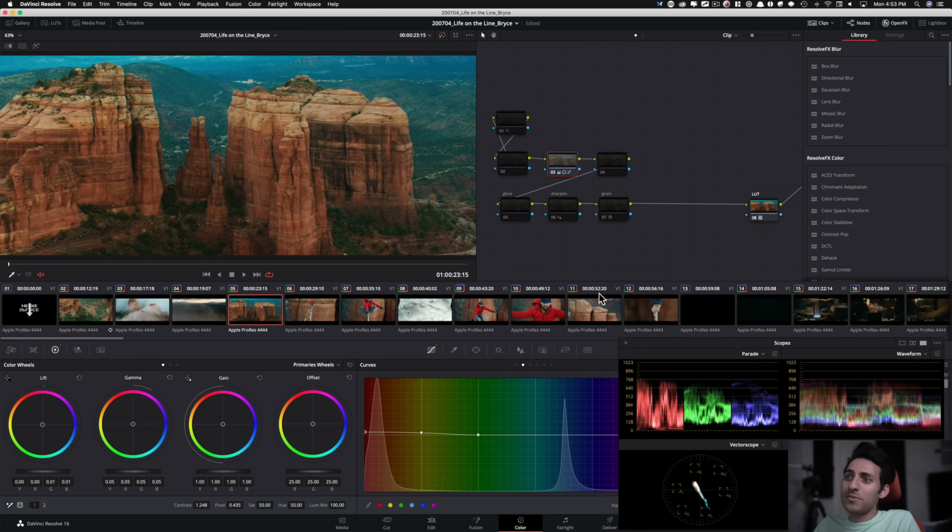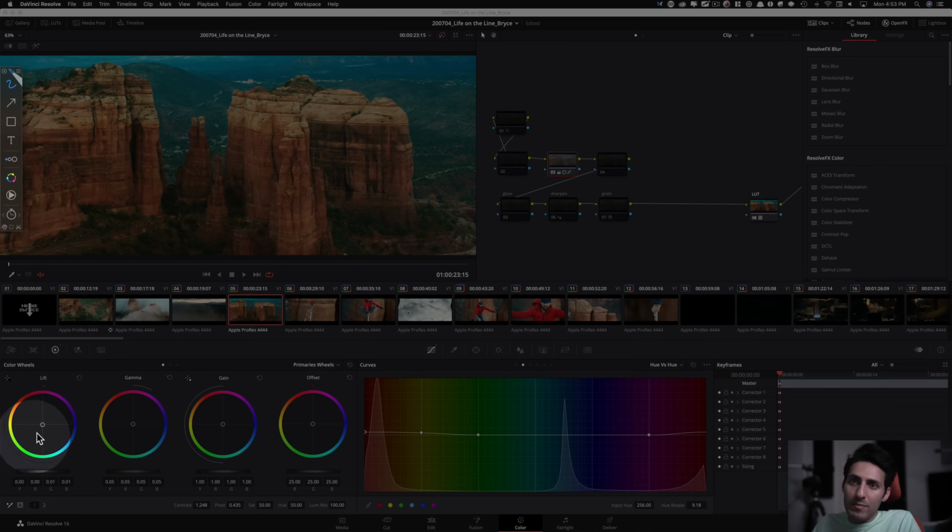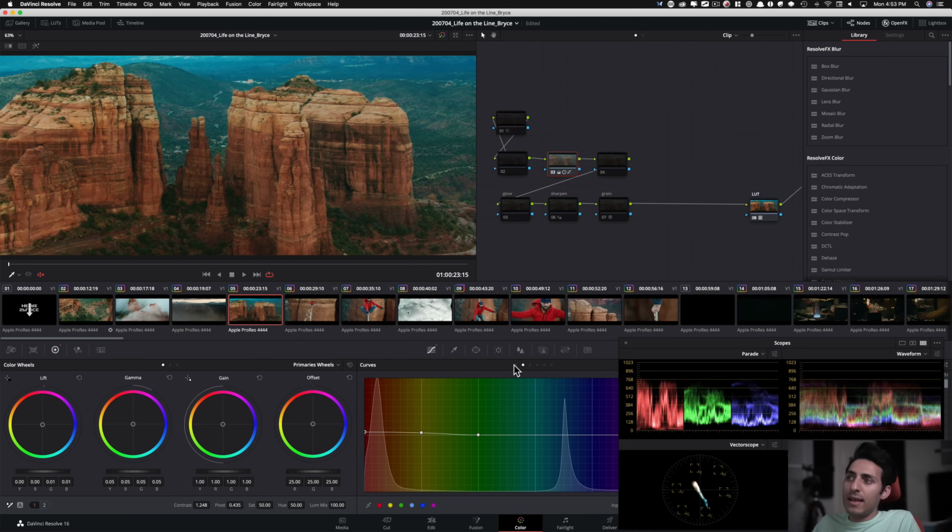I mean, this is what I'm trying to tell you. The majority of this action is done with lift, gamma, gain. So a little bit of lift, a little bit of gain, brought up the gain, a little bit of contrast, but then went in and did hue versus hue. So just brought these up a little bit, and that helped quite a bit. And that's about it. I mean, it was just that,